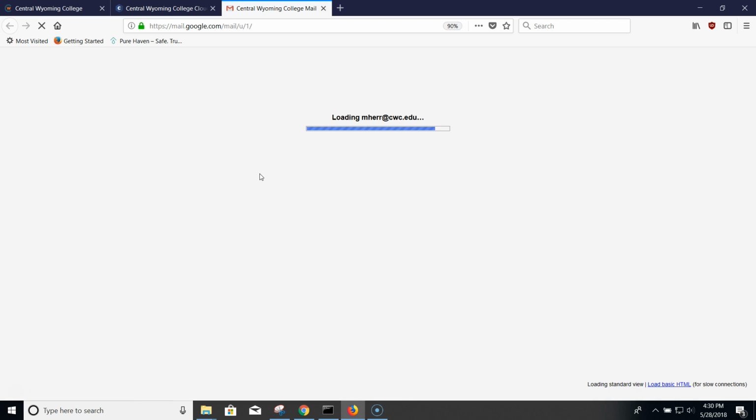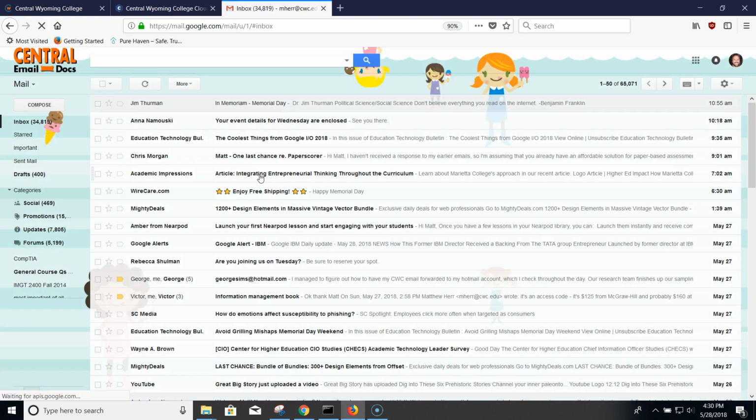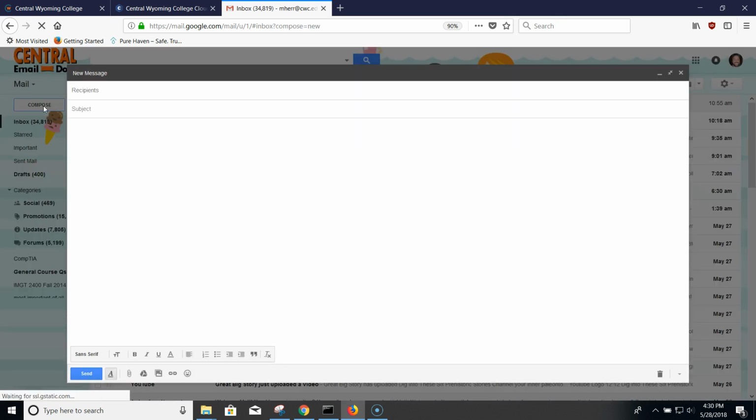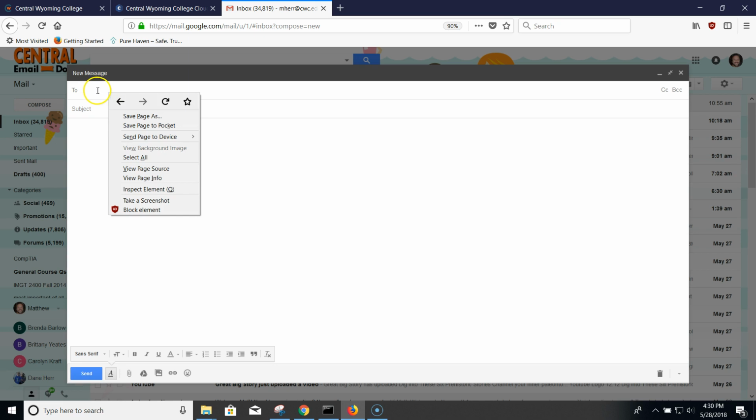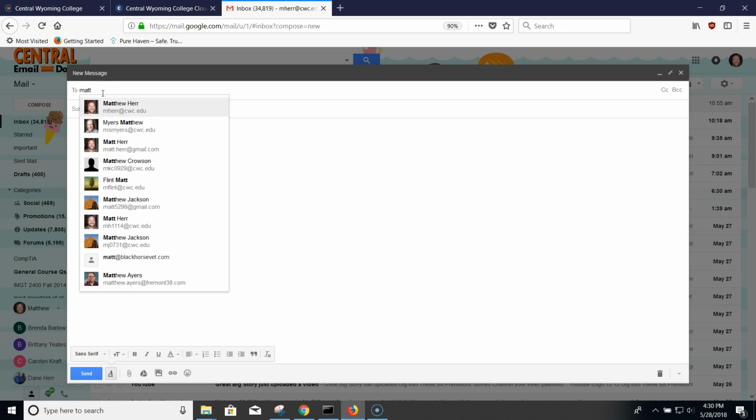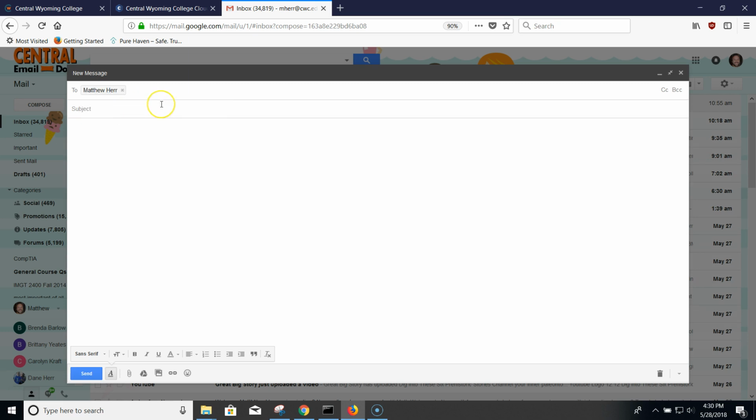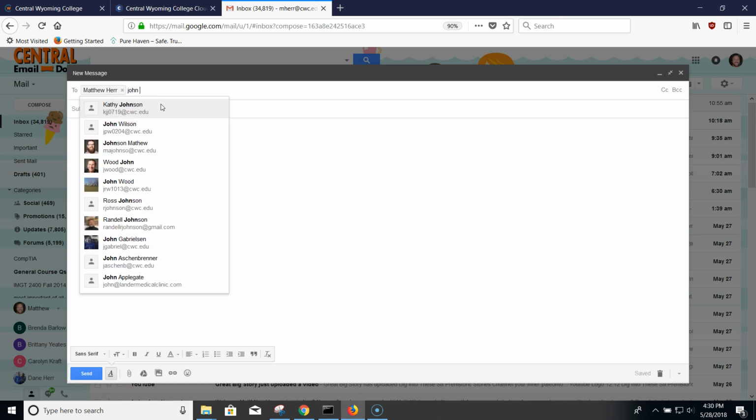If you click the Mail button, this is a pretty simple way to email one person who may be associated at CWC. So click Compose, and you can type in the name of the person in the to box at the top. So, okay, I'm just going to type my name, Matt, and it brings up basically all the Matts that I'm aware of. So there's my name,